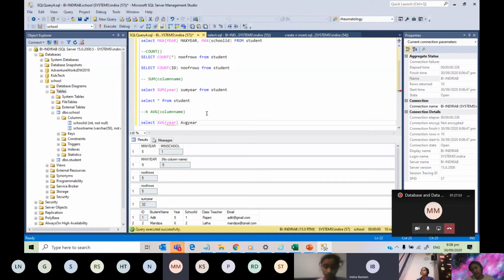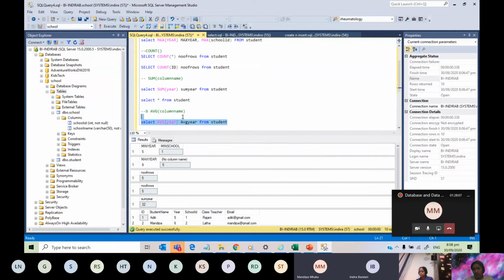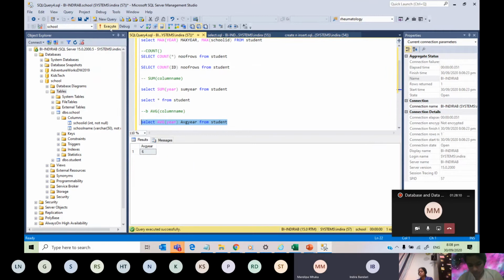I'm just saying AVG year as the column name. This can be anything that you want. Followed by from student. If I give that, the average is 6. You can calculate it: 6 plus 5 and 9, so 6 is the average.